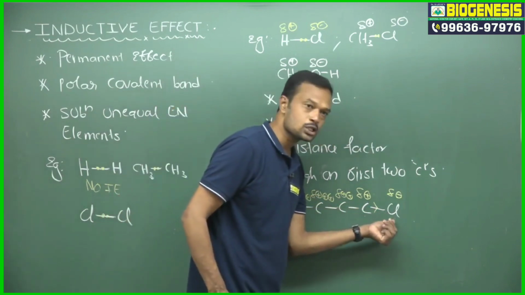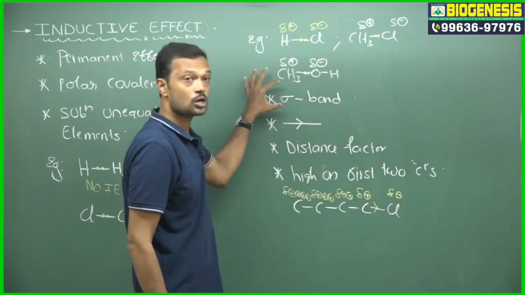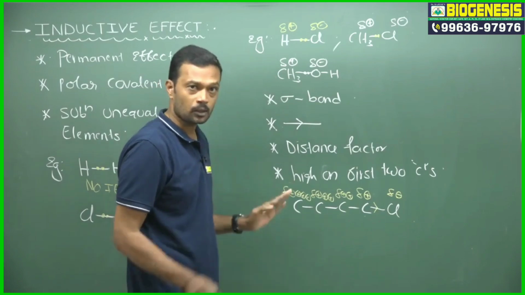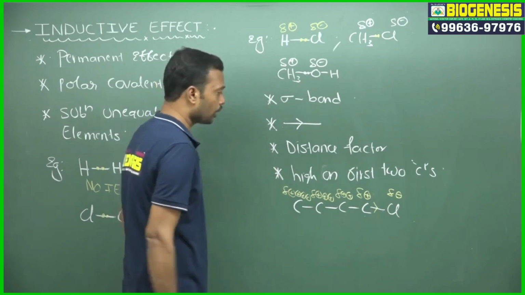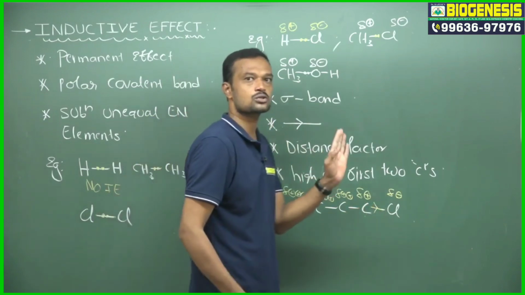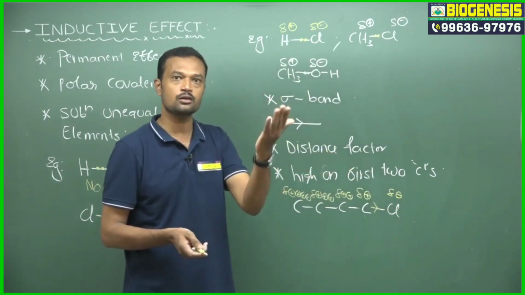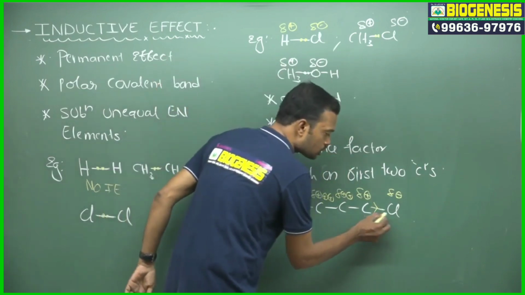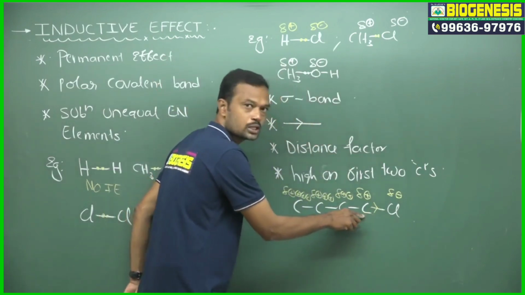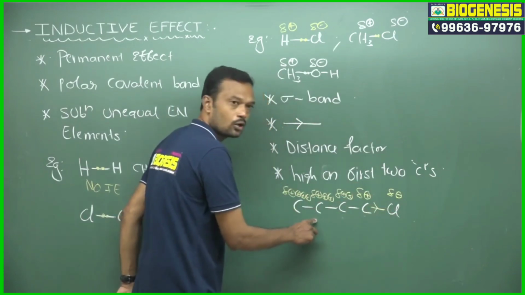So whether it is a releasing group or a withdrawing group through a sigma bond, always remember that the inductive effect operates only in a sigma bond, not in a pi bond. Here a sigma bond is present. Through this sigma bond, the shared pair of electrons is moving left to right or right to left, one gaining and one losing. So it is gaining electron density from this carbon, and this carbon is losing its maximum electron density here, and very little on this carbon.